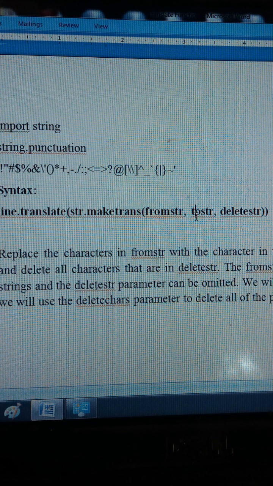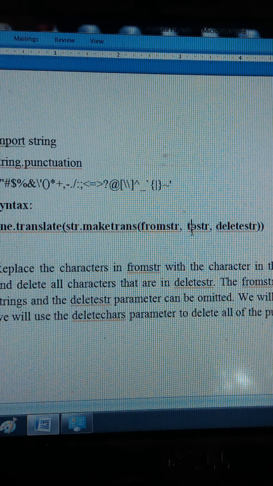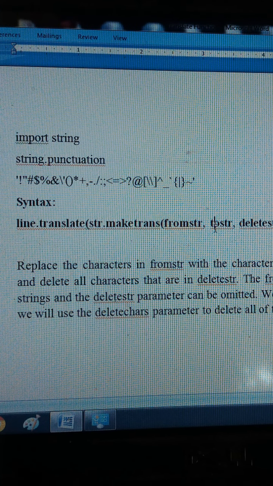Normally in our program we only need to delete punctuation, so we can pass string.punctuation. Before that, we need to import string to call these built-in functions and to define the variable string.punctuation.